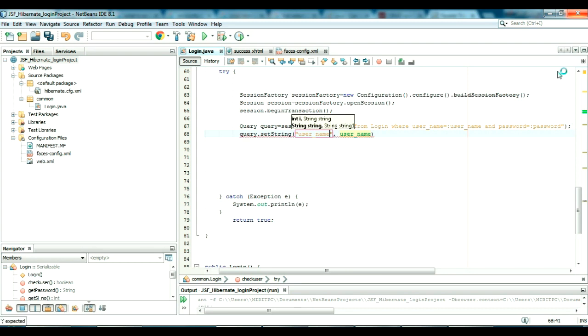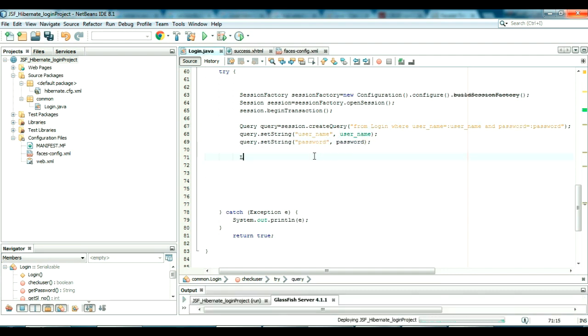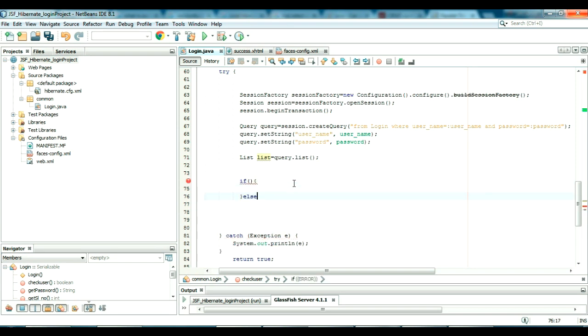This is basically we are setting this string here, and the same way password is password. Now this will return a list actually. So list is equal to query dot list. Let's see if the list size is 1, the login is successful. If it is wrong, I mean it is 0, the login is failed. So I'm just giving if login dot size is equal to 1,